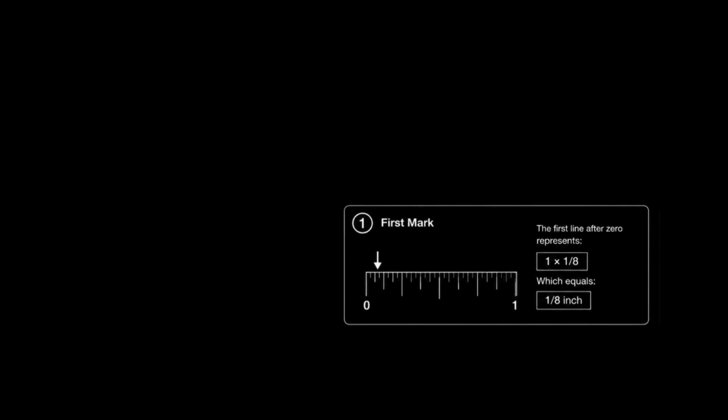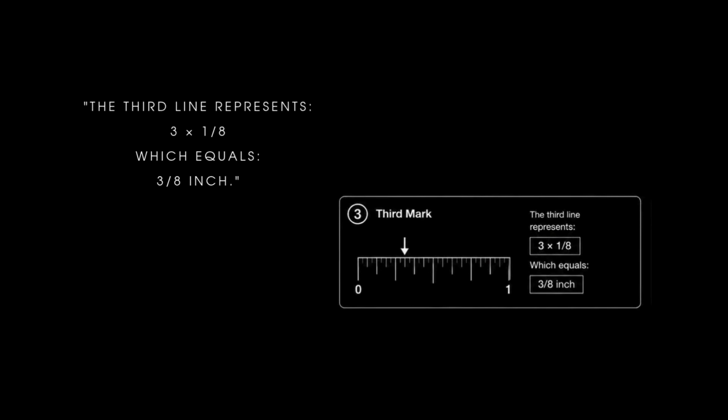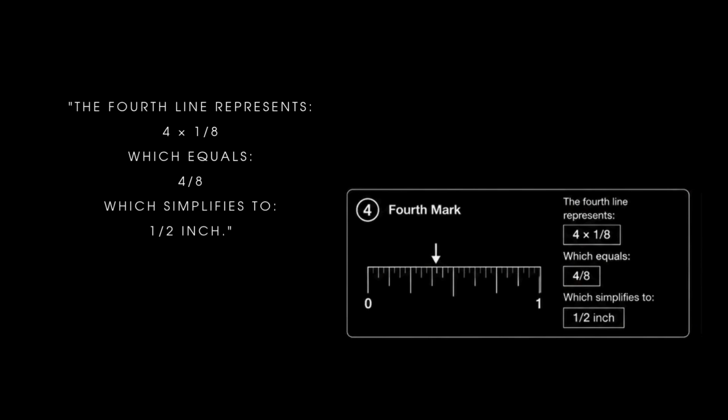Let's learn how to read this 1/8 inch increment. The first line after the 0 represents 1 multiplied by 1/8 inch, which equals 1/8 inch. The second line represents 2 multiplied by 1/8 inch, which is equal to 2/8. Simplifying the fraction gives you 1/4 inch. The third line represents 3 multiplied by 1/8 inch, which equals 3/8 inch. The fourth line represents 4 multiplied by 1/8 inch, which equals 4/8, and it